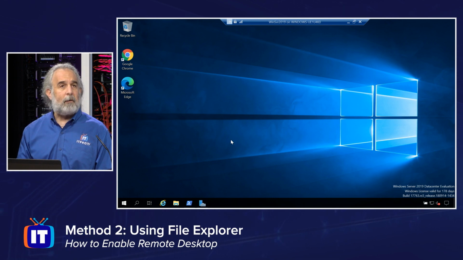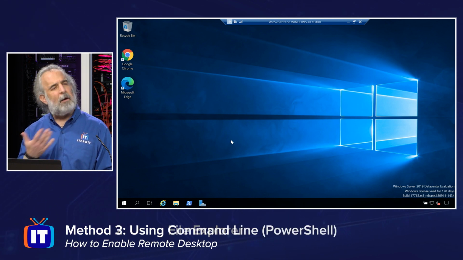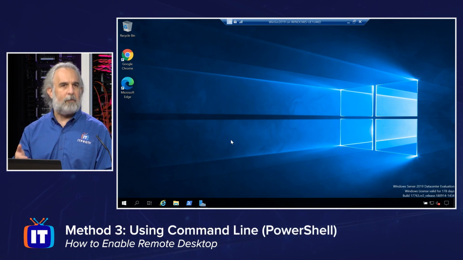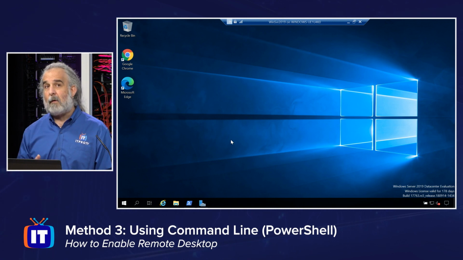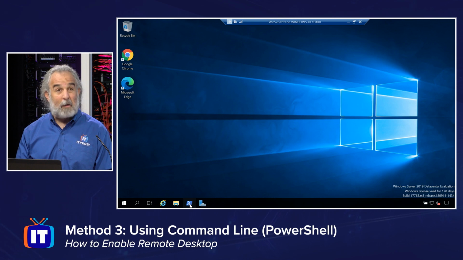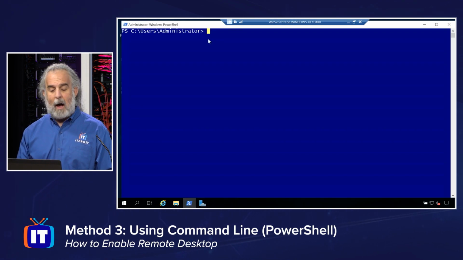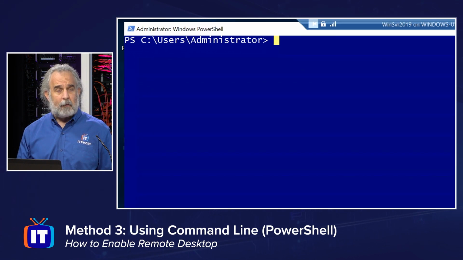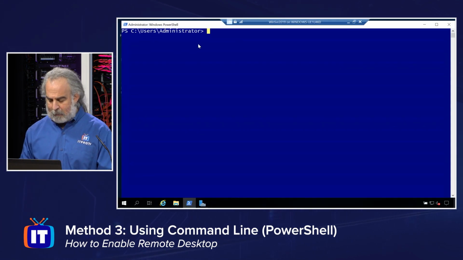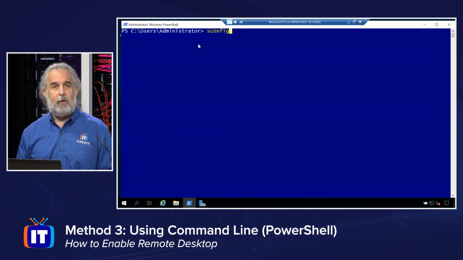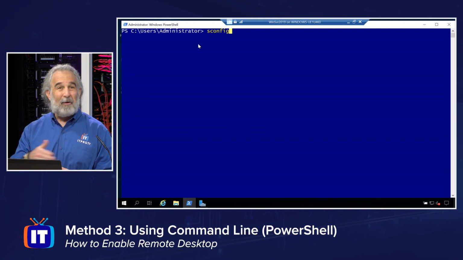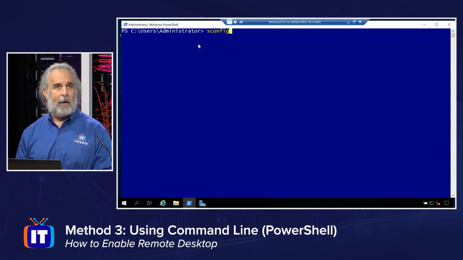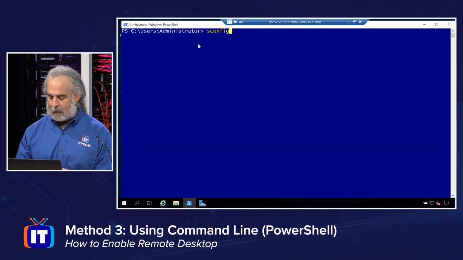Now, I can also do this, as I mentioned, from the command line. I'm going to do this from PowerShell running as an administrator. You can do this from the Windows command line or command shell as well. Admin rights, same thing. Same command works the same way. I'm going to go into PowerShell. I'm running it as an administrator, as you can see right up there. And I'm going to issue the sconfig, short for server configuration, command. Don't need to put the .exe at the end for PowerShell. It's implied. It knows it's going to be an executable.